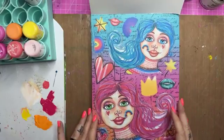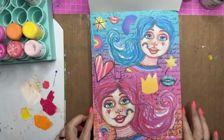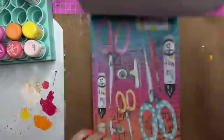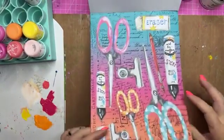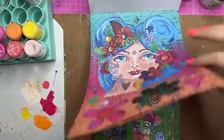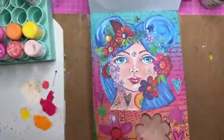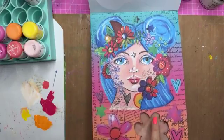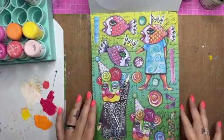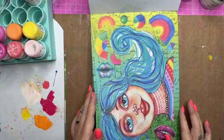So we do have some big images here. And that's what I really like. We've got some really big focal point images. We've got flowers, we've got faces, crafty tools, bugs and beetles, big face. And to give you a bit of an idea how easy to pop out they are, you can see I've already popped out a flower here. We've got some quirky images, some fishes, a massive head,